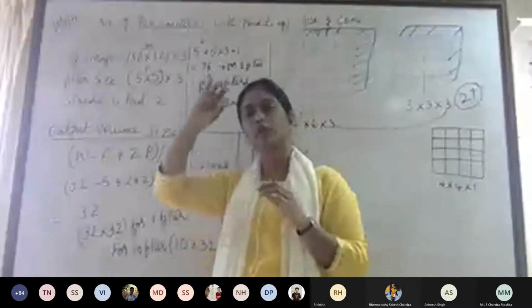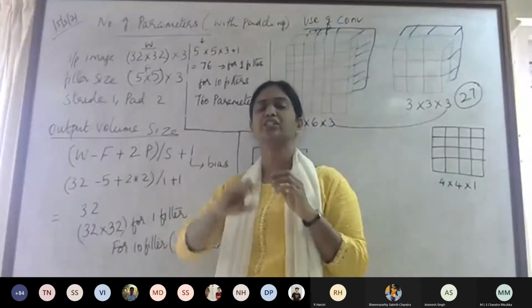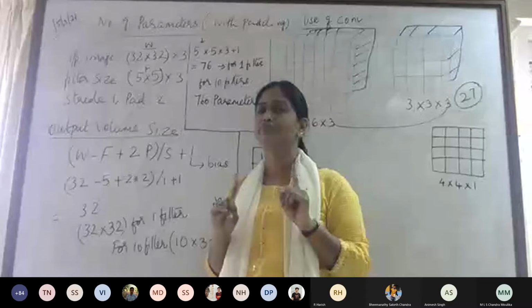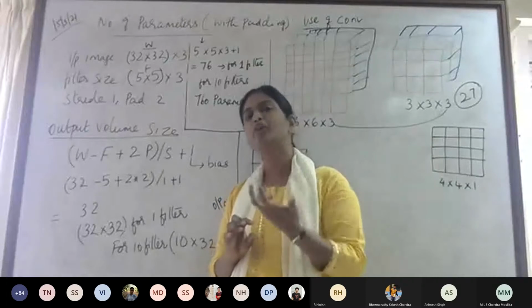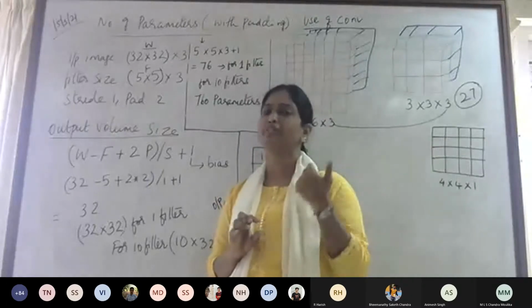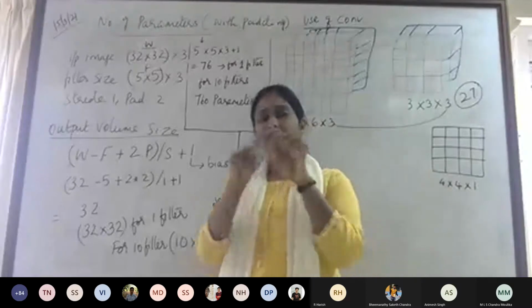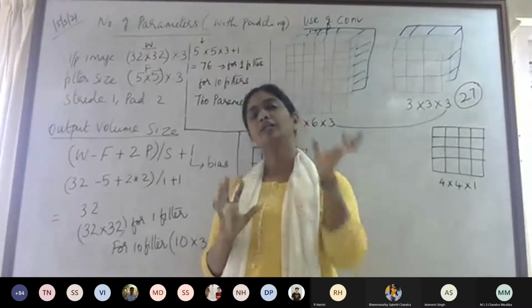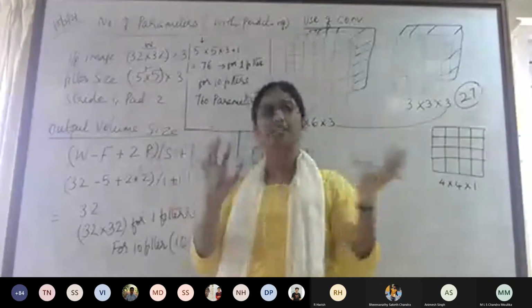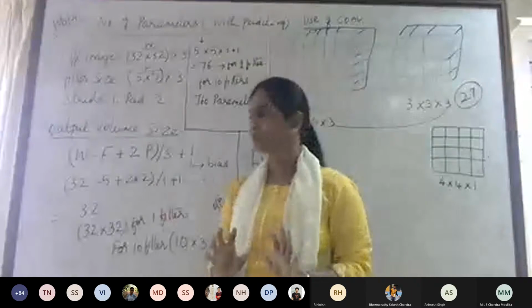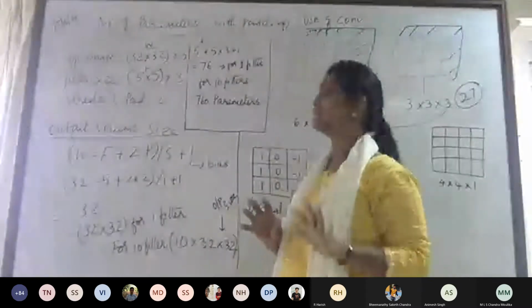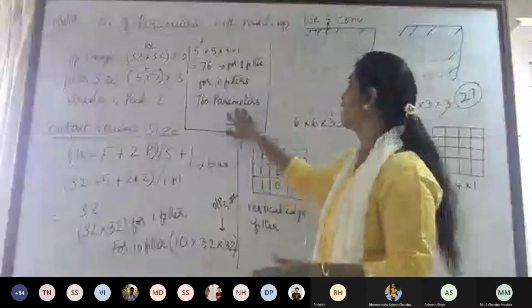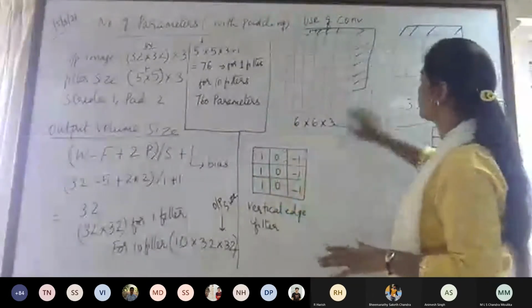Suppose you are performing only the tail region detection, and you are using only one filter. In that case, 76 elements will be contributing to detecting the tail region of the animal from the image. That means 76 elements are given to the neuron for recognizing that tail portion from the image. So 76 elements go to one neuron, and that neuron will detect the tail portion of the animal from the image. That is the idea. Hope that is clear.